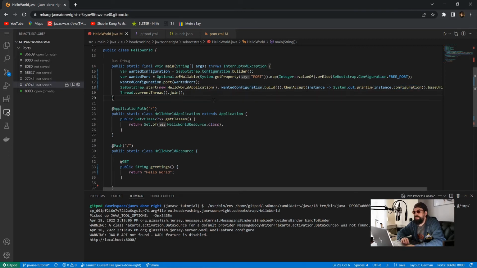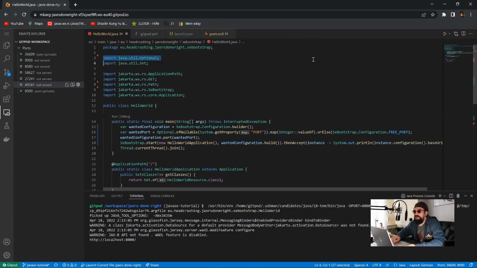So this is very nice to just start up an application server without an application server product, without a framework. And again, there is no Jersey specific code. This is not specific to Jersey or something else. This is something all the implementations of JAX-RS 3.1 do provide when they are able to provide